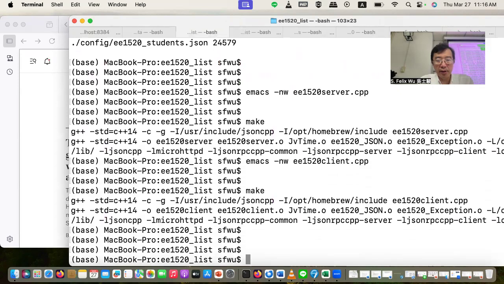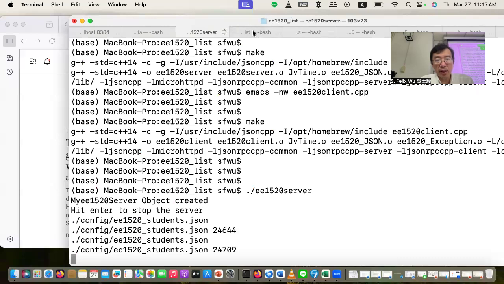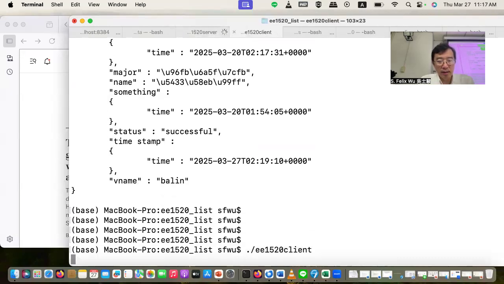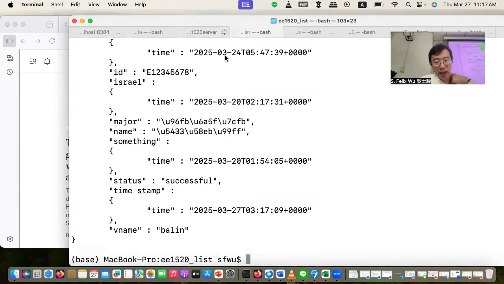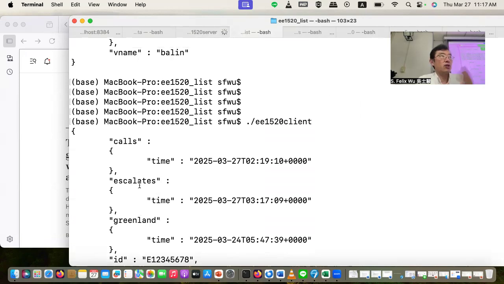It works. I'm going to run the server, and then I'm going to run the client. Oh, you guys are already in. That's good. I got my escalates here. So JSON representation, I got it in. Okay, great. We're in business.